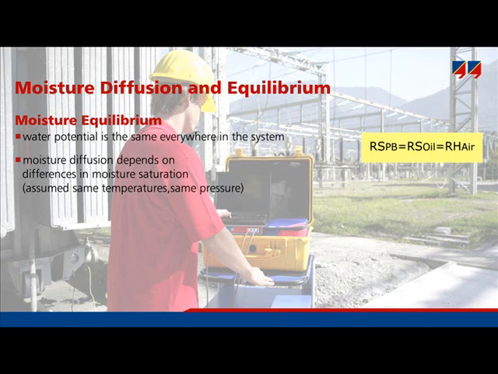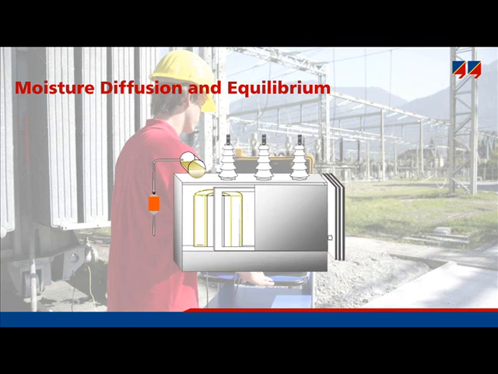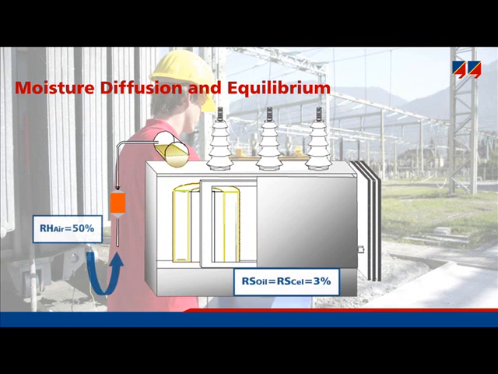If a transformer is considered to be under equilibrium, there will be the same relative saturation in oil as in cellulose, for example, 3%. The air outside of a transformer has, for example, 50%, and it tries to add moisture to the transformer in order to reach equilibrium. This is prevented by using drying systems. The dehydrating breather has, say, 1% relative humidity, and so it will dry the air in order to prevent it